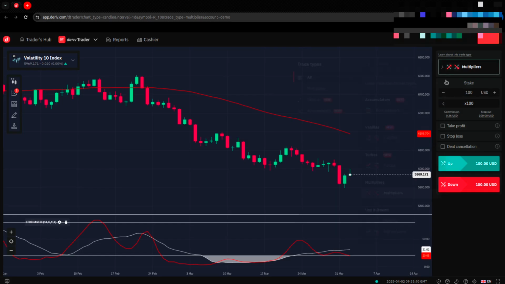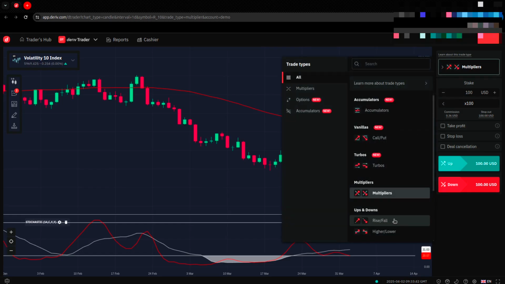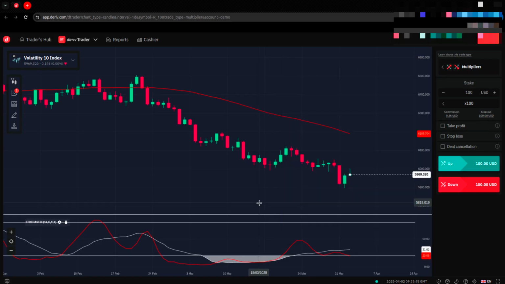Other trade types have time limits, like the higher-lower or rise-fall. When using these, keep in mind the retracements in the different time frames. Therefore, practice the different trade types on a demo account to see which works best for you. It's also important to know how much to stake per trade. Stake is the amount of money placed on each trade, and this depends on your account balance. It's advisable to risk only 1% to 3% of your account per trade. This protects your account and allows multiple trades.